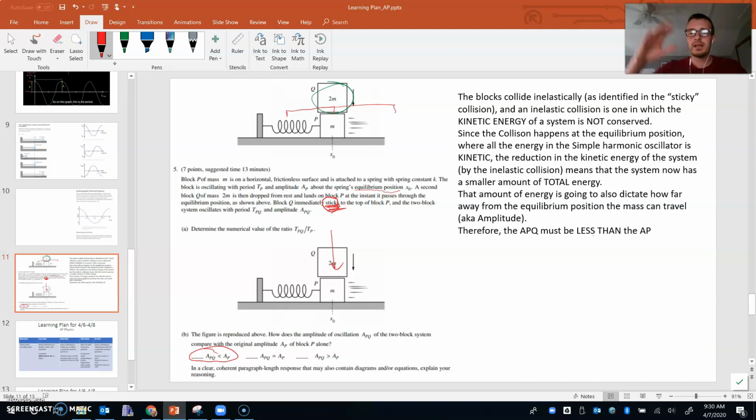All right, the blocks collide inelastically, as identified by the sticky collision, and an inelastic collision is one in which the kinetic energy is not conserved. Since the collision happens at the equilibrium position, when all the energy in the simple harmonic oscillator is kinetic,